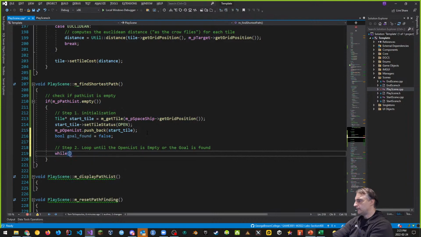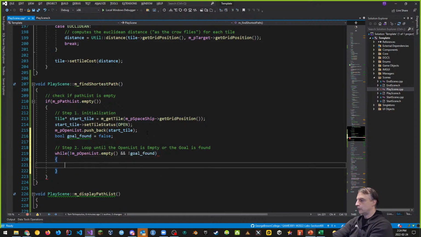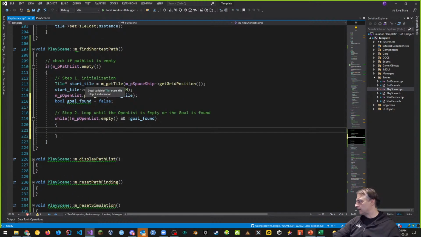So we're going to say while not m underscore p open list dot empty, while the list is not empty, and the goal is not found, we're going to do this massive loop. So we initialized here. Initialization is we initialized in many ways the start and open lists and all that kind of stuff. And in step 2, we're going to have some